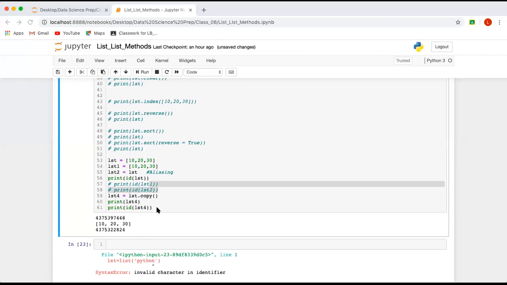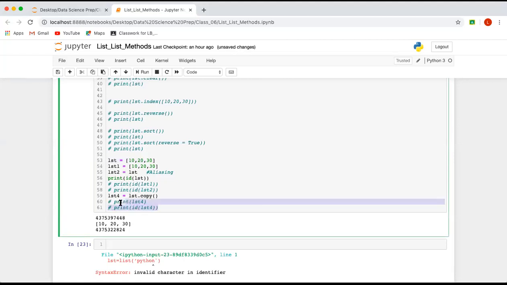Shallow copy means, now why do we need the shallow copy? For example, if you have a list and you want to make some changes, but you don't want to make any changes to the original copy, then you create a shallow copy, and in that shallow copy you make the changes. So it will not make changes to the existing object. If I make any changes to lst4, it will not reflect in lst. This is the advantage of this copy.